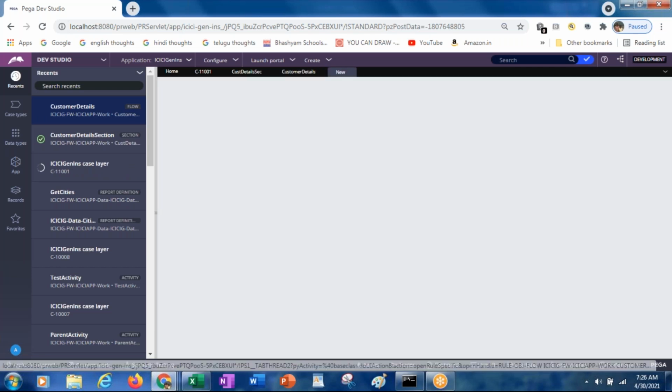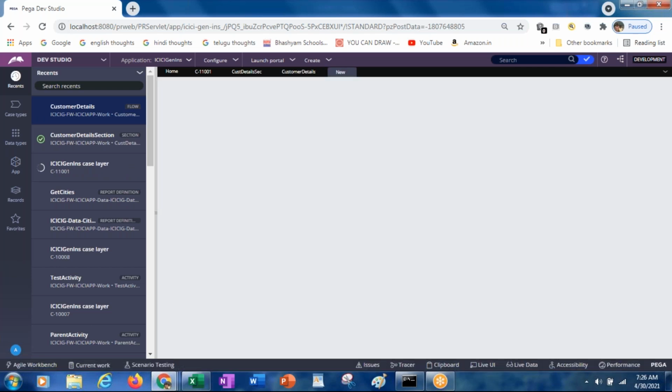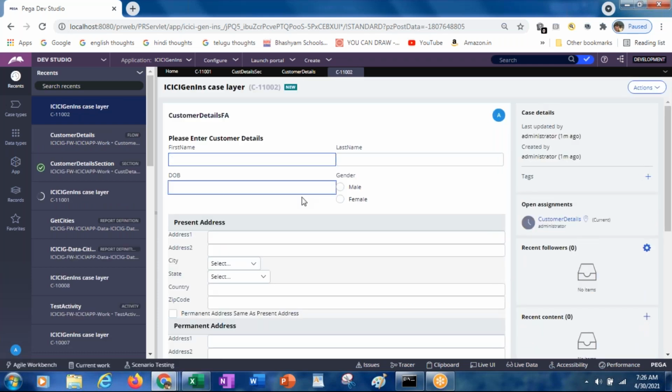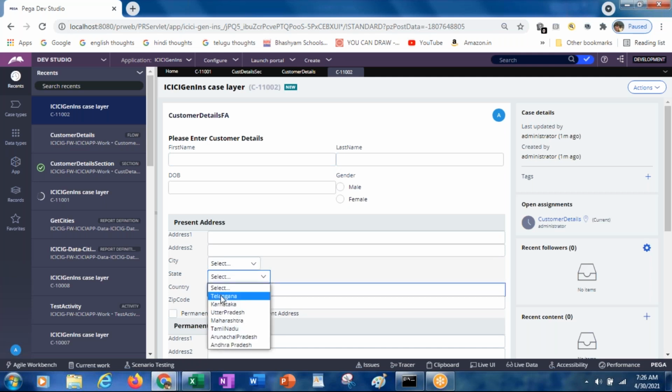Actions, run. Here in the cities, it has all 4 values. Why? Because we still haven't selected anything from the state. Once you select Telangana or AP, it should be displayed.